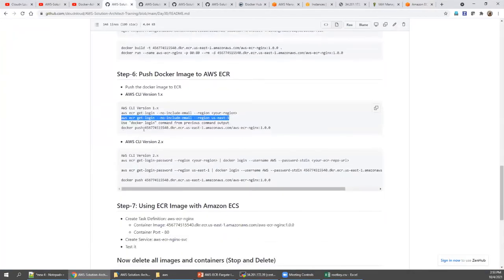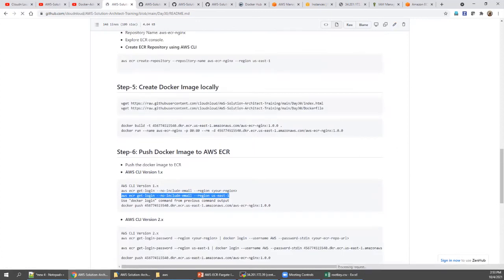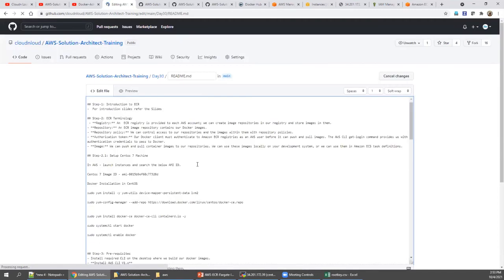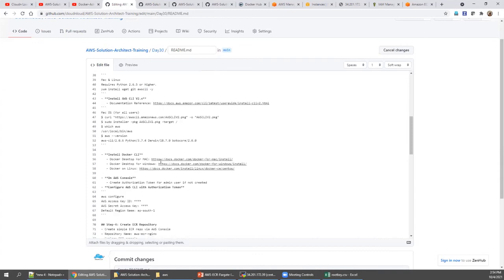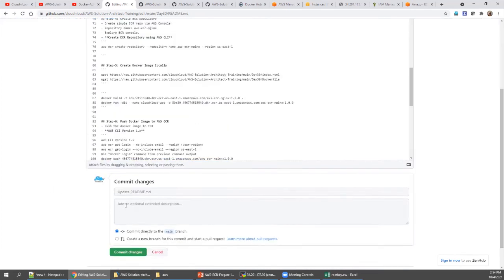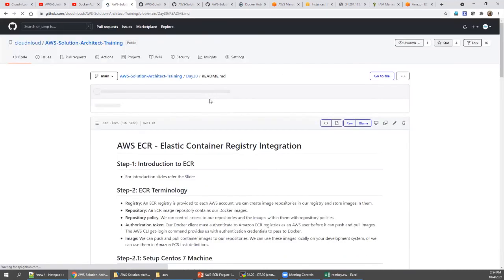Docker push. What is the command? Even if you want, you can replace this. I think some steps are wrong, so let's correct it so that during your practice you will not face any issues. Come down. Due to multiple lab preparations, this always happens. If you want to check whether your image is working or not, you can test it like this. So come down.